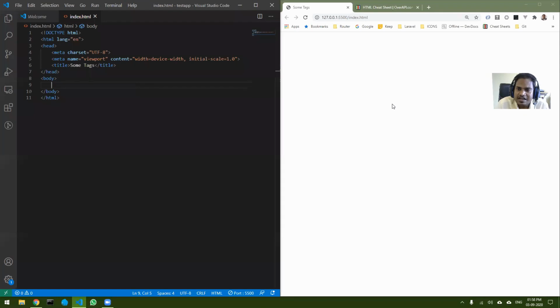At the beginning you will find it a little difficult to remember certain things. The tags you can easily remember, but the attributes will be slightly difficult, especially once we start developing CSS. There are more than 5,000 keywords for CSS. We cannot remember each and everything, so the cheat sheet helps there. That is a good part of having a cheat sheet. But once you start developing for a few years, it automatically goes inside your brain what is to be used where. So that is not a problem.